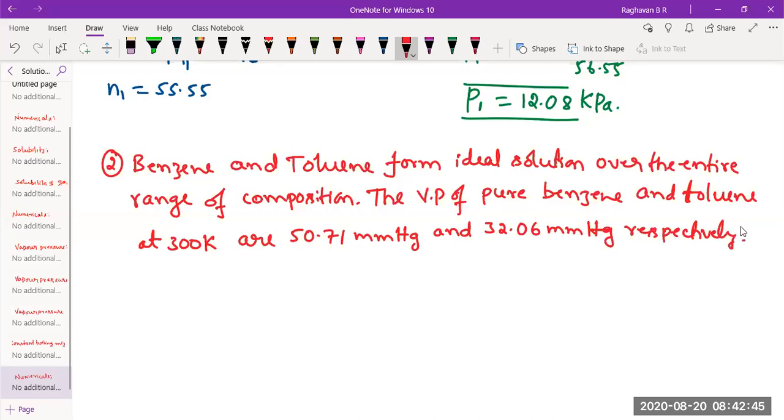Okay. Calculate the mole fraction of benzene. Look at this. In the vapor phase, calculate the mole fraction of benzene in the vapor phase